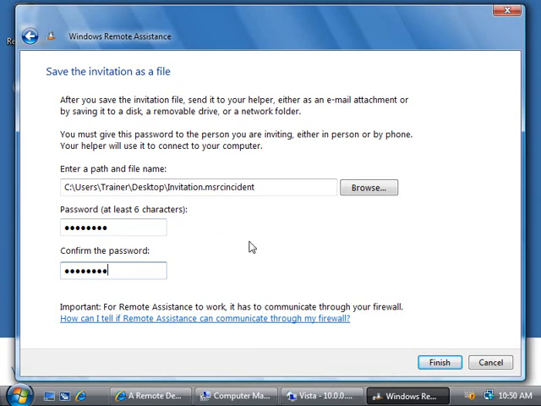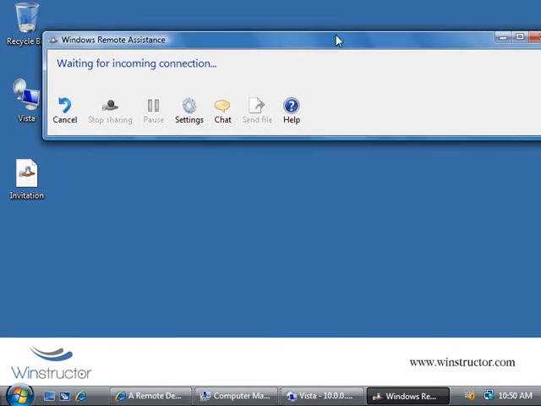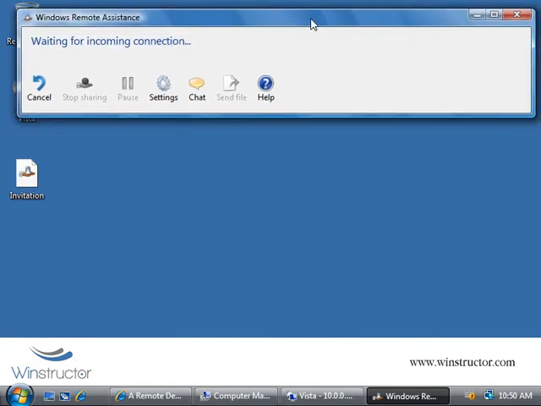For example, you could use MSN Messenger to send them the file and send them the password in an email, or tell them over the phone. Now either way, how you do that's your choice. So I'm going to click Finish, and we can see here that our computer is now waiting for an incoming